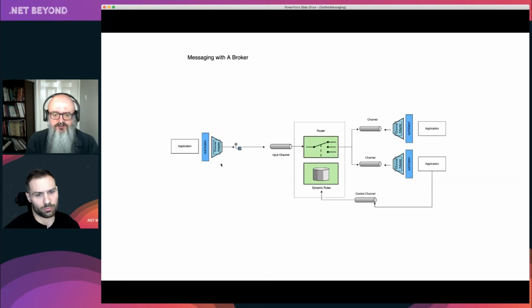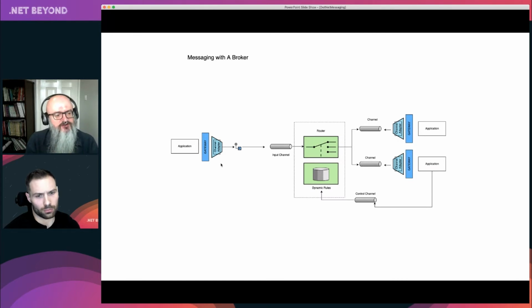Okay, so it gets a bit more complicated, don't worry. This is kind of the same diagram, right? But all I've inserted is these little green boxes in the middle. What's that? That's basically a broker, right? So we can think about the fact that typically middleware often comes with a broker. Kafka is a broker, right? RabbitMQ gives you a broker, basically called an exchange, right? Azure Service Bus gives you a broker.